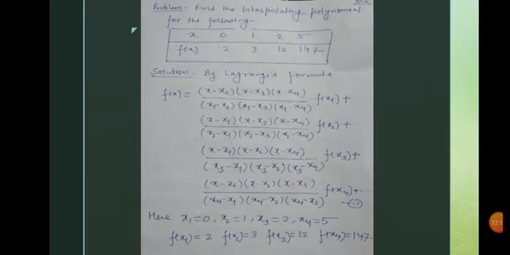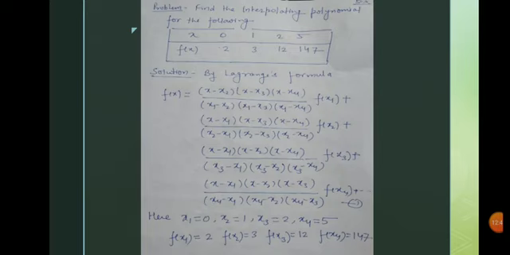Here the Lagrange's formula: f(x) is equal to (x minus x2) into (x minus x3) into (x minus x4) upon (x1 minus x2) into (x1 minus x3) (x1 minus x4) into f(x1) plus, as we